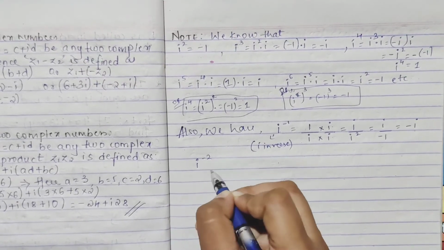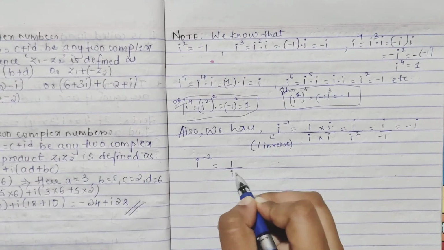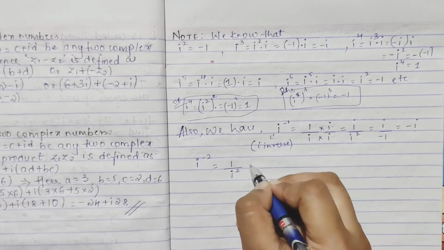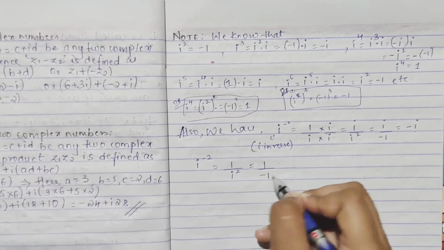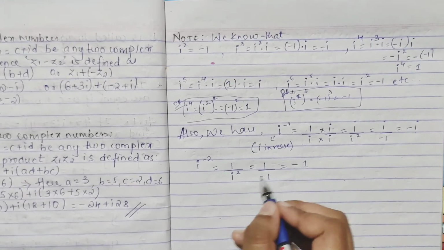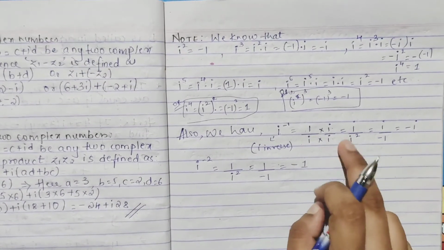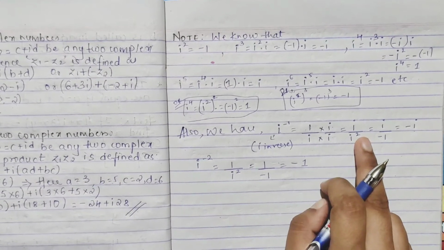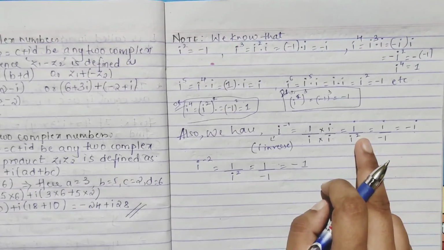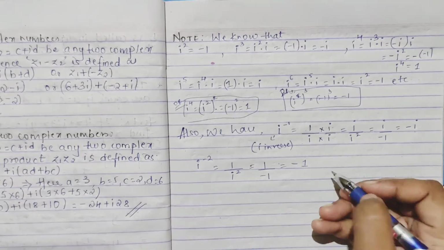I raised to minus 2, how can you write? This becomes 1 by i square, and directly you can write 1 by minus 1, so here you get minus 1, okay? I square, you know your value, i square is minus 1. Here we wanted to get the i value in the form of i square, so we did it in such a way. For odd numbers you can do like this, for your even numbers directly you can write.